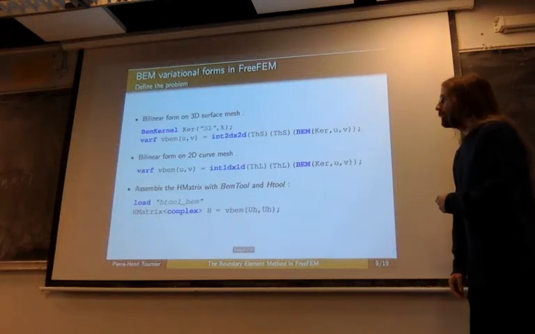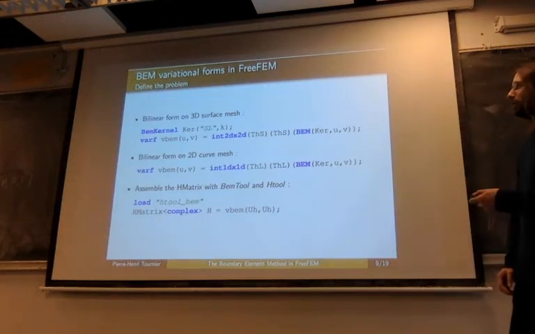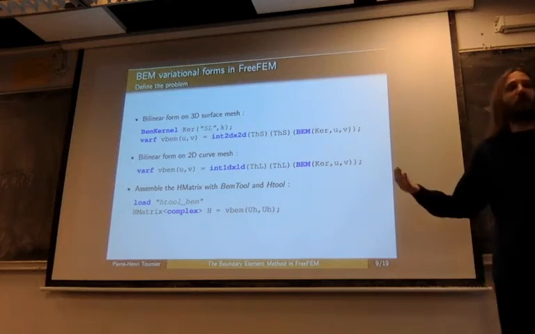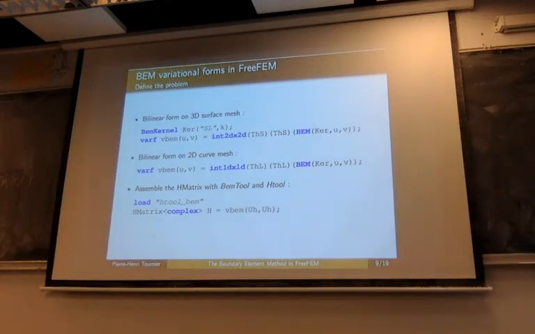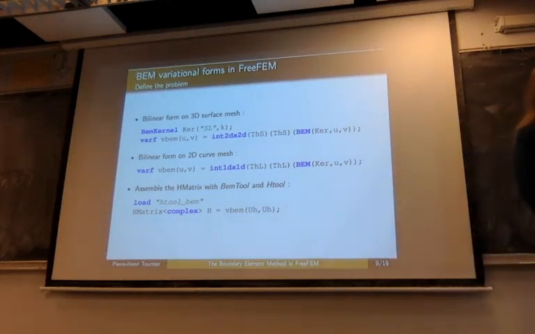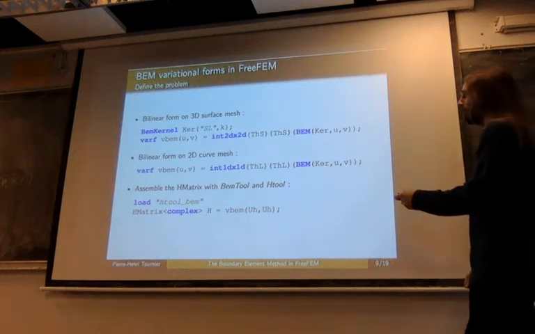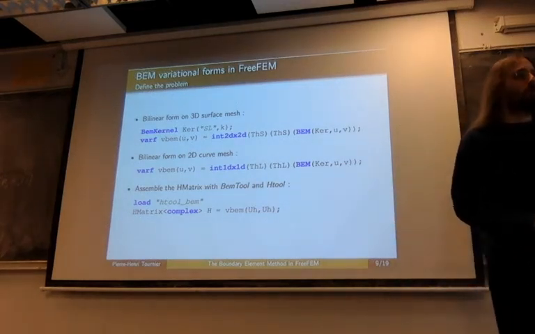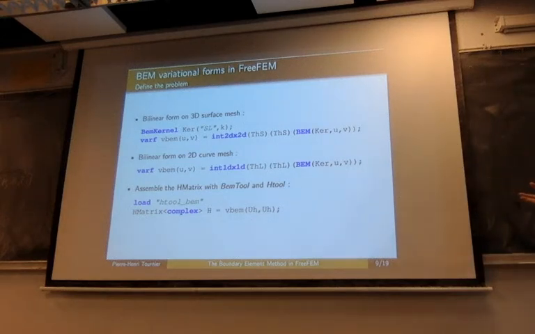Okay. So now that you can define a kernel, you can use it in a variational problem to define a BEM variational formulation. It's very similar to FEM, but now instead of int2D, you have int2D x 2D times 2D, because you have a double integral, as Xavier mentioned. These are the source and target meshes, so let's keep it simple. As Xavier showed, it's the same mesh, right? We are building a symmetric matrix.